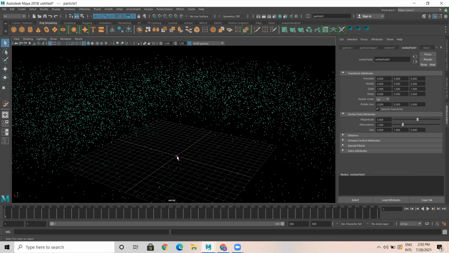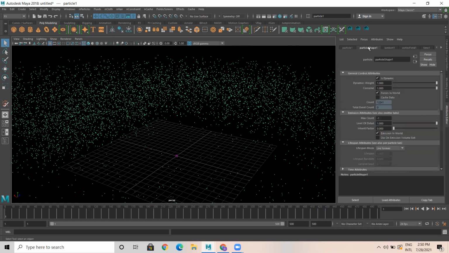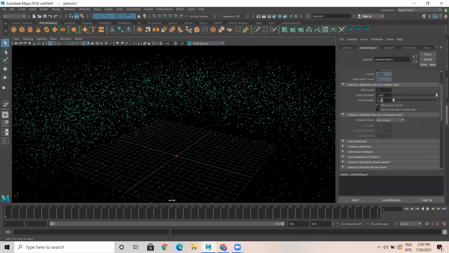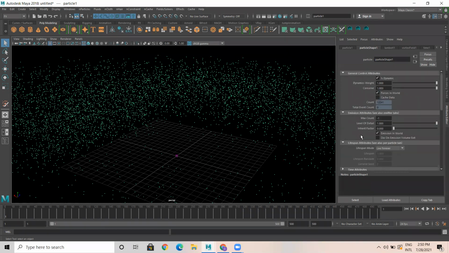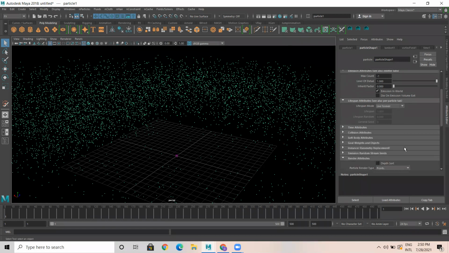Now let's see magic. So I explained about the vortex field. Now let's select this particle. What is this? This is particle shape. Okay. If you observe here under particle shape, in the lifespan attribute, these particles are living forever. Okay. See, a particle has a life. When it starts, if there is a start, there is an end also. We can define a death rate for a particle. Let it be, I'll explain this with some other example.